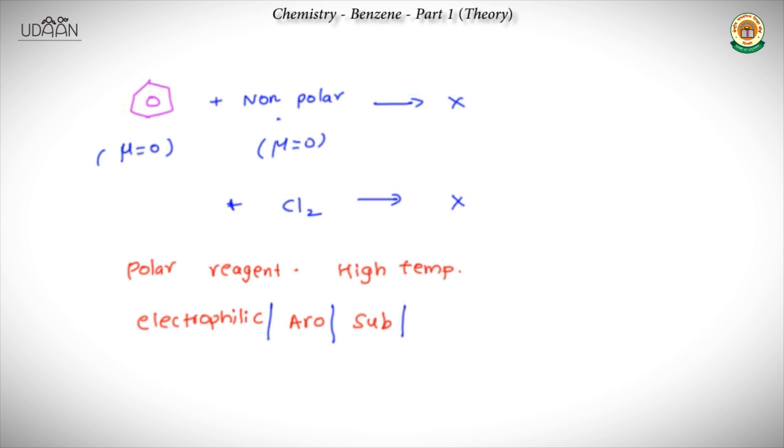We have told in the alkenes chapter that the name of a reaction depends upon the RDS step. So you can see that in the RDS step, the electrophile is the attacking reagent, aromatic because the ring has aromaticity, and substitution because the electrophile is substituting the hydrogen on the benzene, in general, if hydrogen is there. Now let us look closely into the mechanism of this electrophilic aromatic substitution.